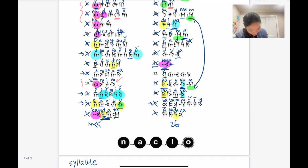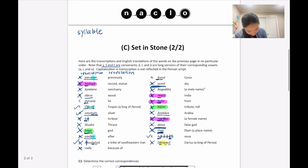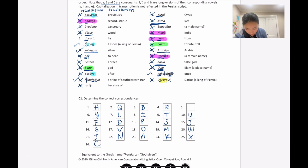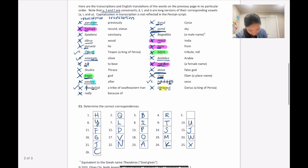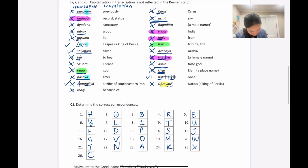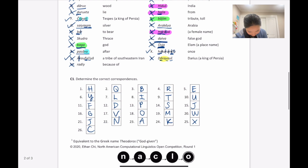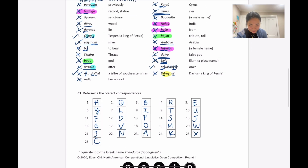Except this does feel a little bit off, but I suppose if we really expanded it, it might work. Kurus, and we just have to pattern match or double check just to make sure. So 22 is with N. We already got that too. Oh wait, I'm tripping, because I'm pretty sure we already have 5 as E. So I suppose we solved the missing letter at some point, which is kind of crazy because the first time